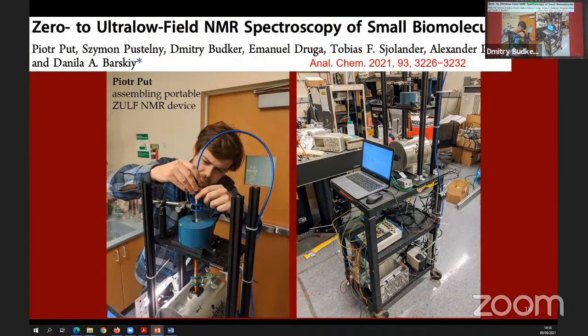So this is Piotr Put. Are you here? There he is. We can hardly recognize him in a mask, but there he is. Piotr is one of the students in this ZULF NMR, and Anjusha, also another one there. Yes, it's a wonderful group of people, and as part of that